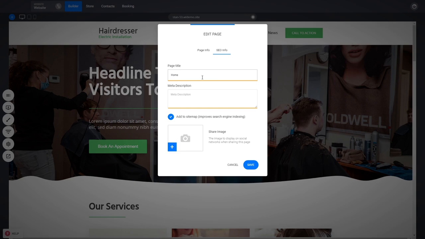It is actually recommended to have one of the keywords that are very important for your business. So let's say that you're a hairdresser, so you can say the name of the studio and hairdressing,